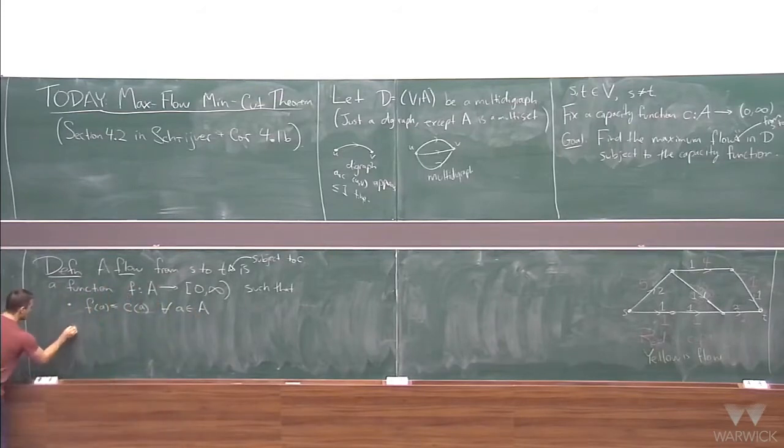Okay, and we need another condition, right? Because if you think of this as a sort of network problem, you're flowing through a network. If you think of cars or something, right? So if you have some sort of road,